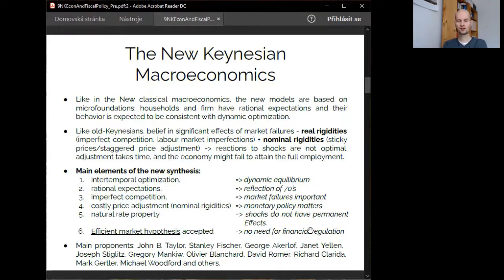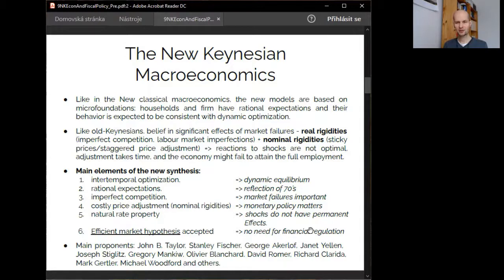The fifth assumption is that the economy is supposed to have the natural rate property, which means that, like with the equilibrium business cycle models, it is assumed that there are some steady states to which the economy converges after some shock. Also, this natural rate property implies that even if any shock appears, it is likely to have a temporary impact only, and no permanent effects are allowed in those models.